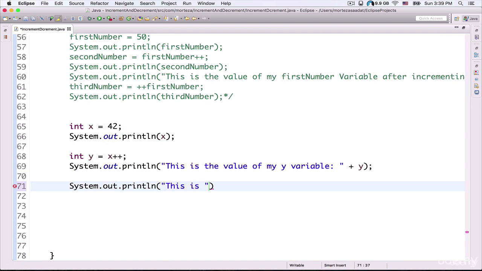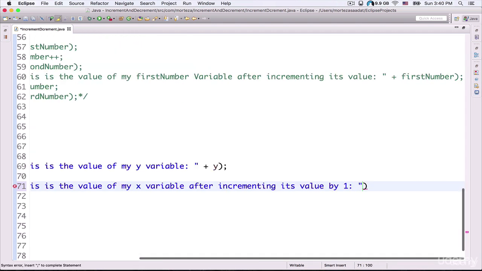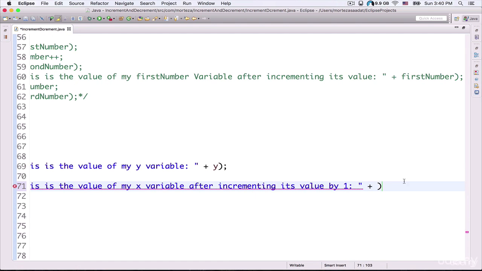This is the value of my x variable after incrementing its value by 1. Okay. So here I use the plus operator in order to concatenate this text with my variable name. So I just put in the variable name here,